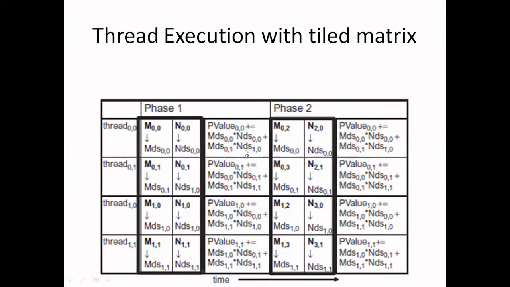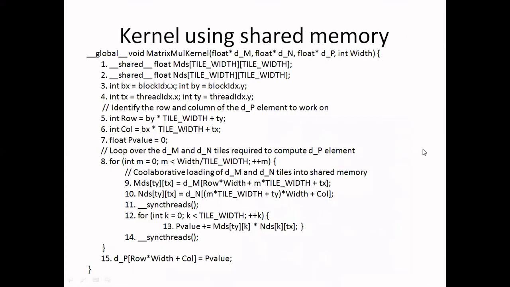We can perform some operation and keep this result in hand. In the next phase, again we will load the next part of data, and we will use the previous p value. We will add this p value to the next result and store it finally. In this way, we can get the final result after doing this phase-wise operation.